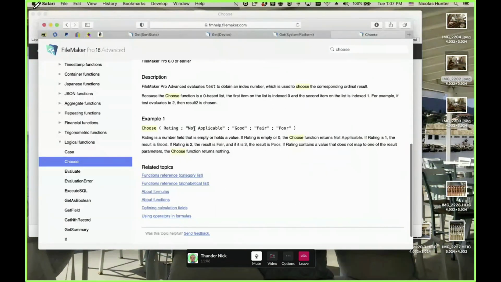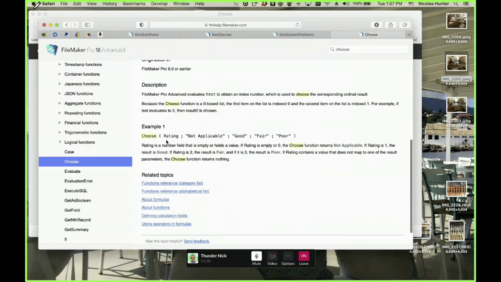For example, here they have an example, and I know this example since I wrote it, because I did all the functions help. You remember when I was working with Susan Hernandez at FileMaker? Yep. There were people doing the help, and I helped the people doing the help actually. So I was a helper.